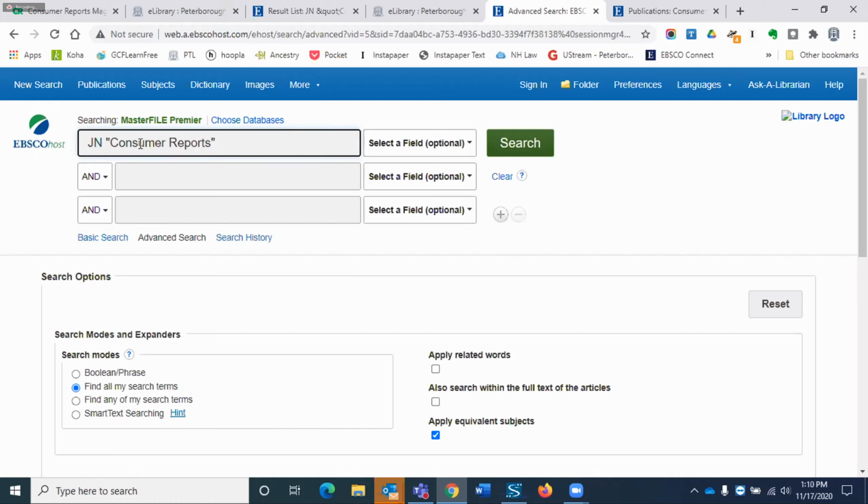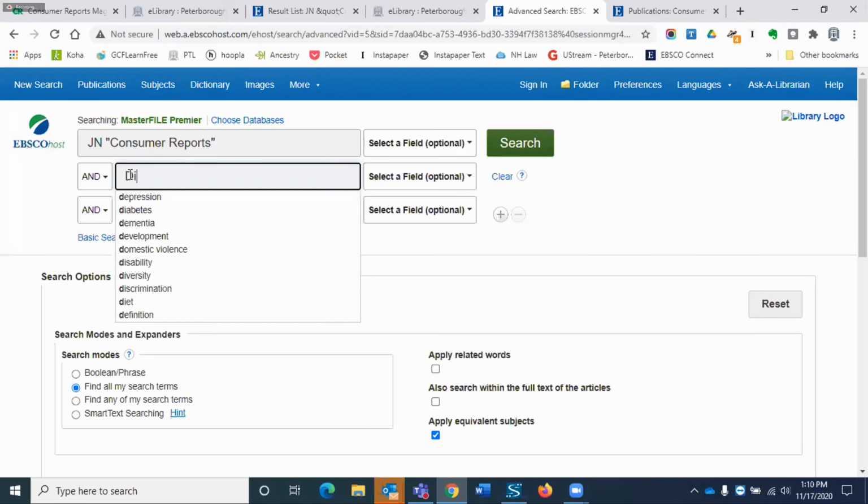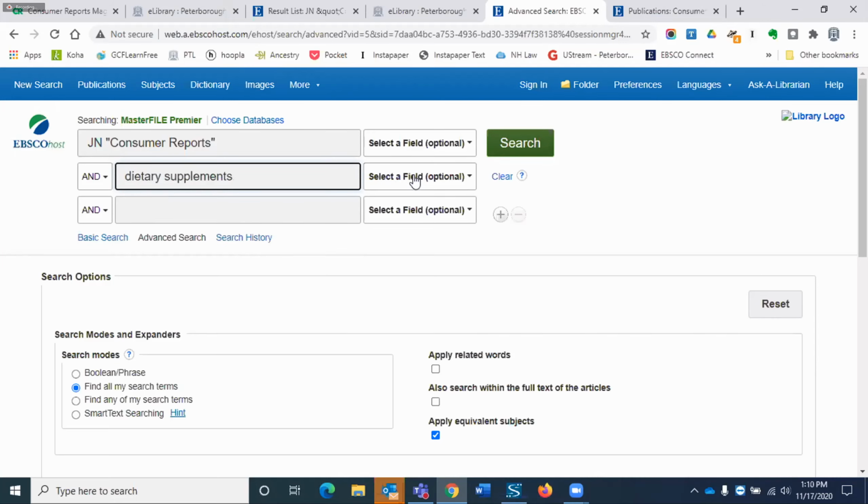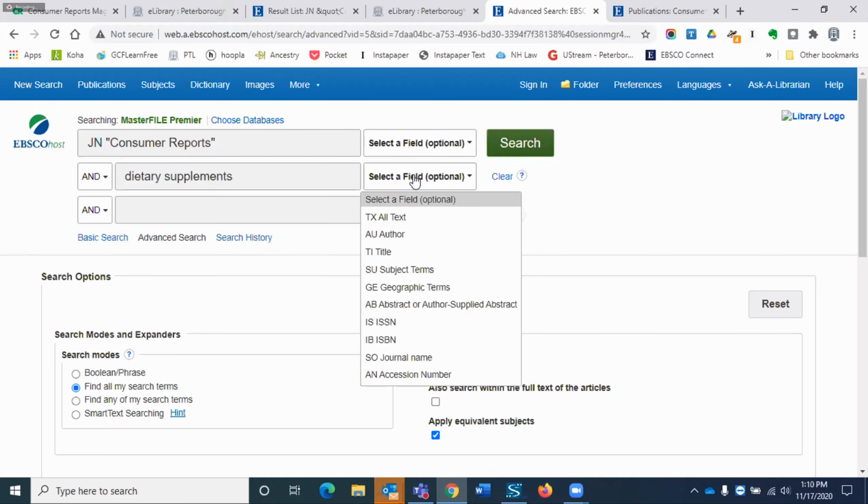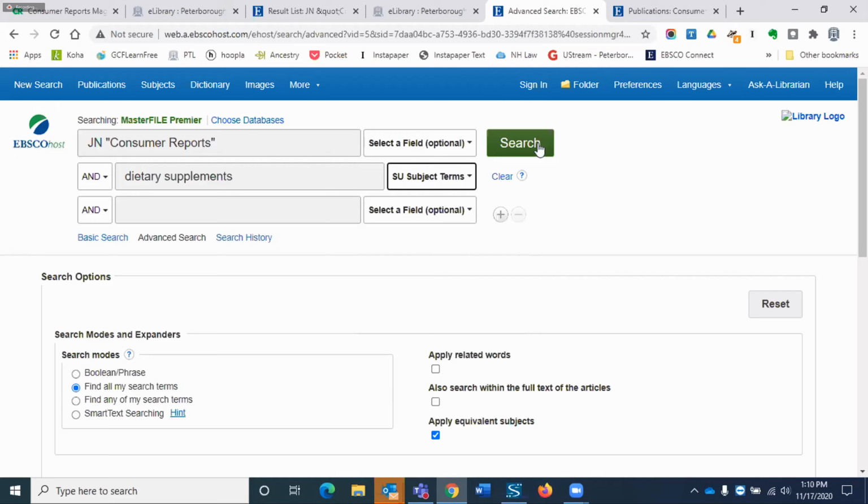JN stands for journal, so you've got the right journal. And now I've heard about all these great dietary supplements for COVID, so I'm just going to start looking at dietary supplements. I'm going to click on dietary supplements. I'm going to select a field. I want this to be a subject term. So now if I search for Consumer Reports and dietary supplements,